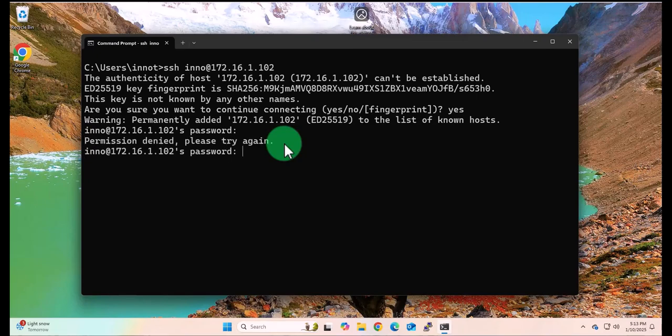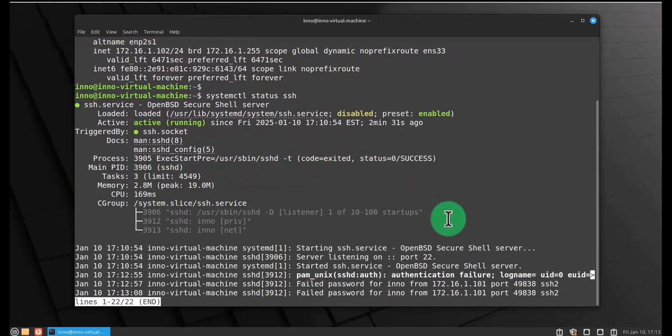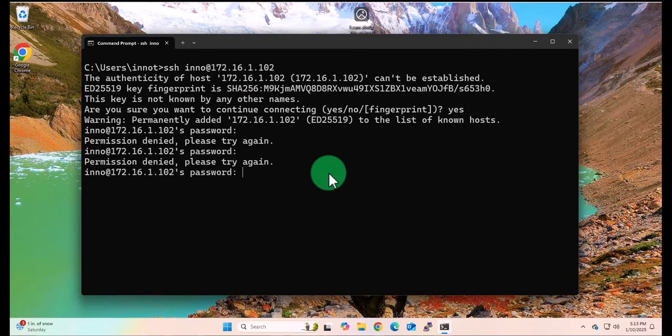I guess we'll try again. Let me check the logs here. So if we run the same command, systemctl status SSH, at the bottom you should see the logs, and it's saying failed password. So for some reason I'm inputting the wrong password. Let's try one more time,